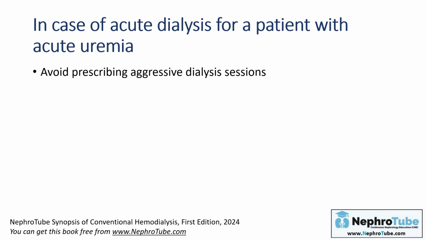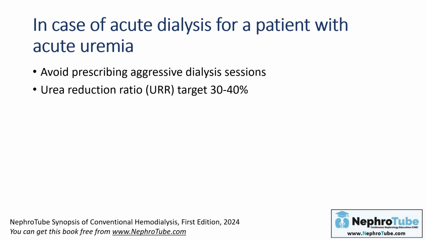For example, make the dialysis session short, for example 1.5 to 2 hours. Use a small sized dialyzer, low dialysate flow rate, low blood flow rate, for example 200 ml per hour. Try to make the first session or first two sessions of low efficiency. And target the urea reduction ratio to be between 30 to 40%.